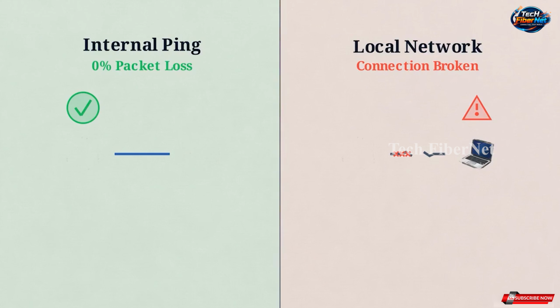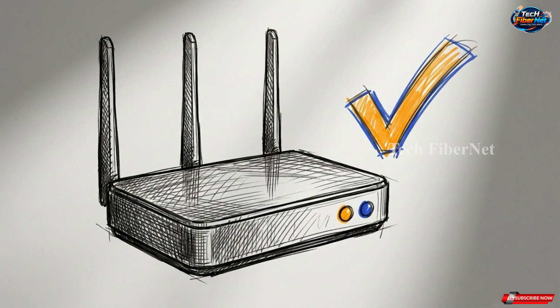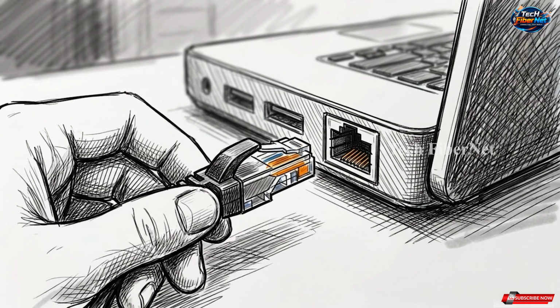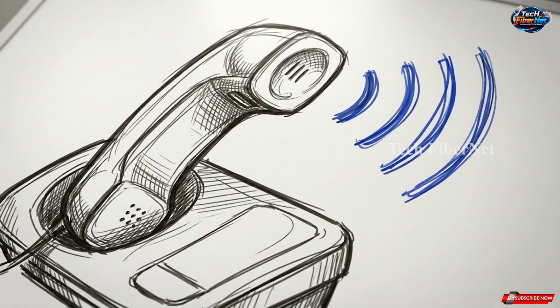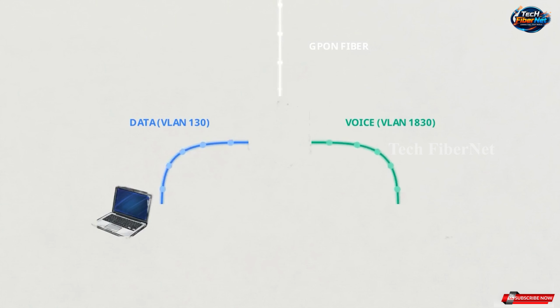With active statuses and 0 packet loss, your technical setup is complete. You can now unplug the Ethernet cable from your PC and connect to your new Wi-Fi network. Pick up your landline phone to check for an active dial tone. Manually configuring these profiles ensures your router handles data and voice traffic exactly as intended, giving you full